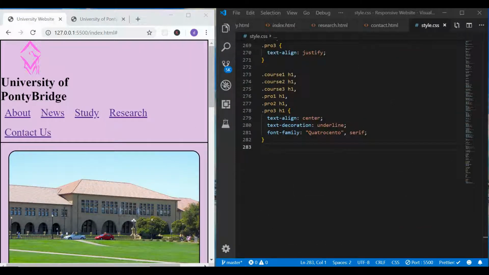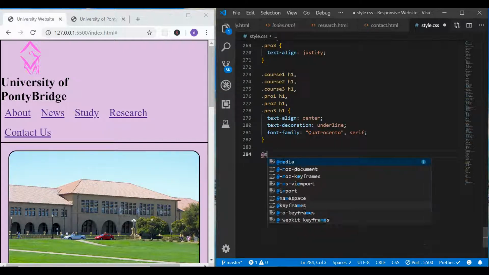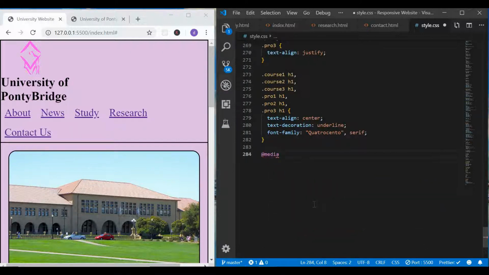In order to make this website responsive, we need to add media queries in style.css. So the basic syntax of media queries is we write @media, then parentheses, and inside the parentheses we have to specify the screen size up to which we want this media queries to be applicable, and then we have curly braces, and inside the curly braces are the CSS rules that we want to get applied. So I'll write max width